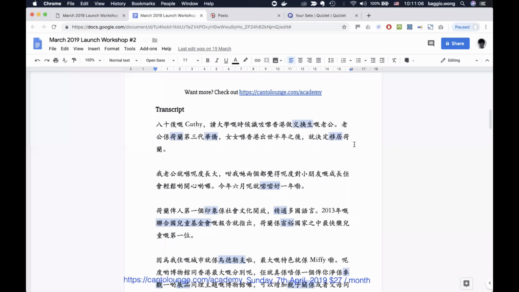Hey guys, so this is the majority of the program that you can get. These 3 big folders are basically Cantonese Academy for now. This is the content for 7 months of work. And we're going to keep on expanding it. So you have tons of materials to choose from and to work with.